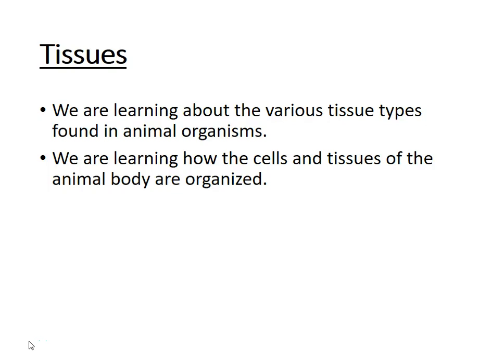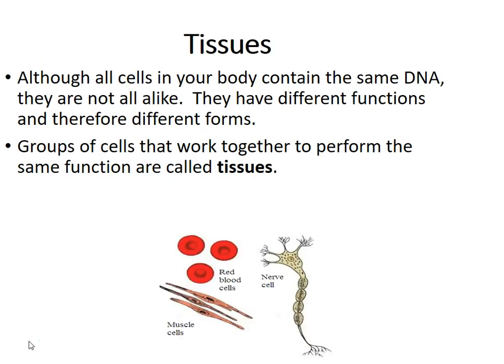So today we're going to talk about the four major tissue types that are found in animal organisms. And then we're also going to take a look at how the cells and tissues of animal bodies are organized. Okay, so remember when we talked about specialized cells, we said that even though all of